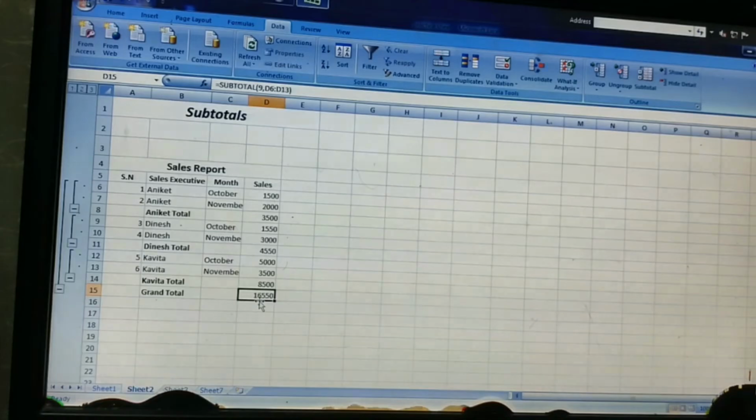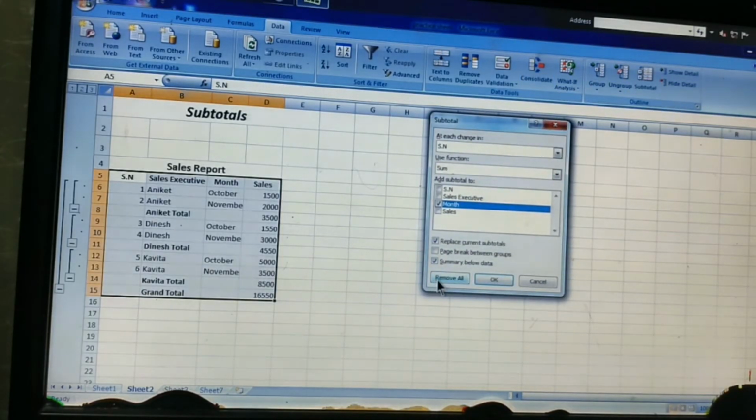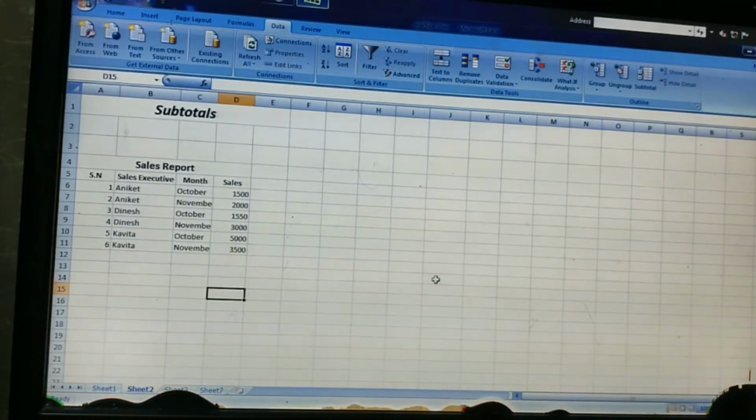So you can have summarized data using the subtotals. You will get the total of an individual person, and then you will get the grand total also. If you want to remove this, you just need to go to the subtotal option again, and here there is an option remove all, then it will be removed.